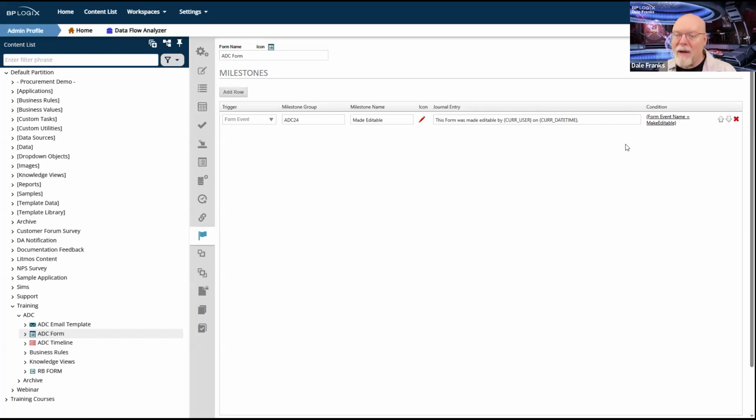So I have this milestone set up so that, as you may remember, back in week 1, we set up the form so that in general, the form is not editable after the initial submission. There are the approver sections that are still editable, and an approver has a checkbox to make the entire form editable. When they do, I want to see that milestone work. Now, we did that. We tested that milestone. We know that it worked.